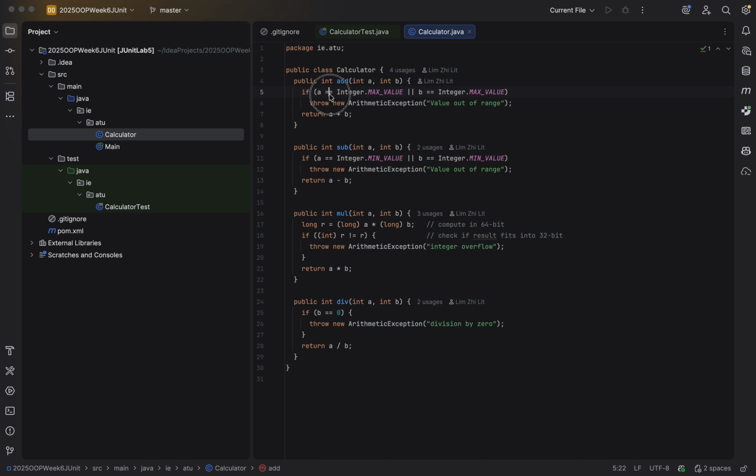It's only checking if one of the numbers being added is the max value of the integer. It's not the best test case, because let's say if one is Integer.MAX_VALUE minus 1, it will not be tested here, so it's not a complete test. But yeah,